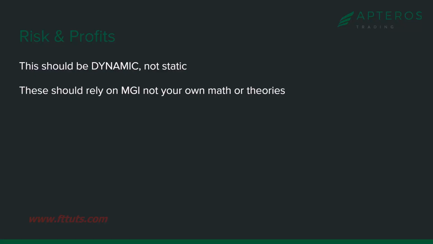Both the downside and the upside of trading, that is having losers and having winners, it should be dynamic, not static. Don't tell me you trade with a 2-point stop in ES and that's just what you do. Don't tell me you always take profits at 4 points in ES. That's just what you do. Markets are dynamic in terms of volatility, which means how many points they're moving, which you get a sense of with rhythm. Even DVA is volatility based. So we're going to talk about using those tools for trade management. Don't be static. Don't do that.